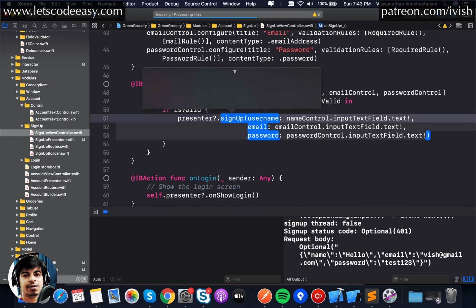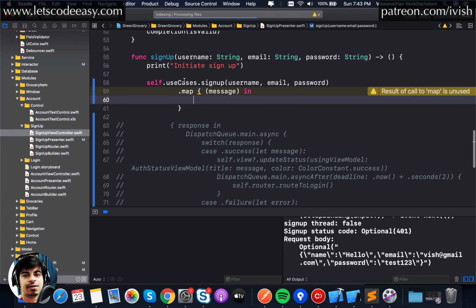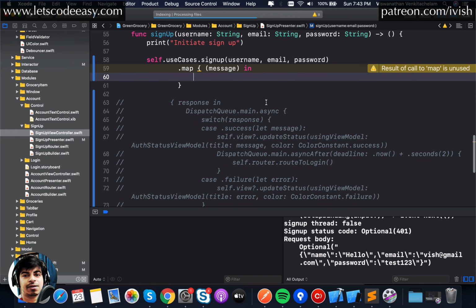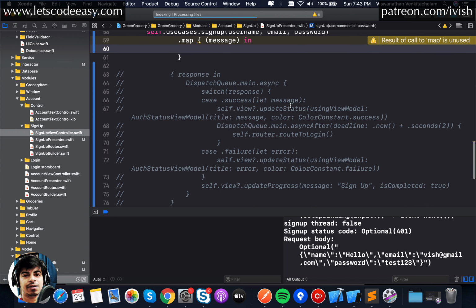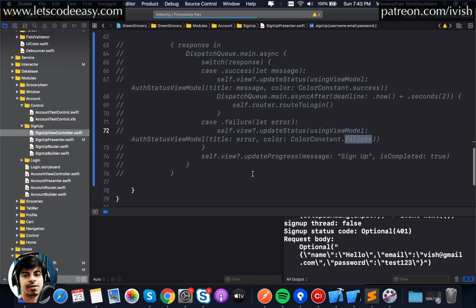But before that, you're doing a sign up here. You make a call to the use case, which is the interactor, and then do the sign up. You get a response message and then you start handling that. So whatever we were doing, we were getting that message here and then updating the status using a view model, and if it is successful we were routing this back to the login screen. In case of a failure, we were updating again with an update failure message, and then